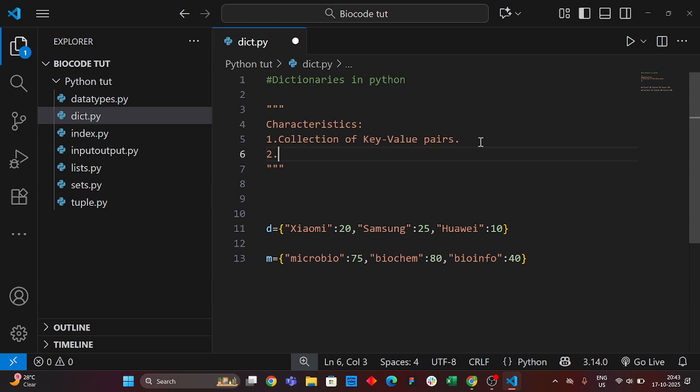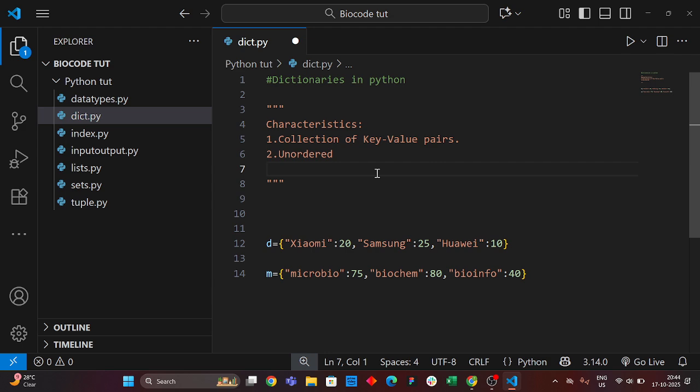Second, they are unordered. Okay, what does this mean? It means they do not have a specific order. It can come in any form, like biochem can come first or microbio can come later. It can be anything. Then these are all unique keys, which means,